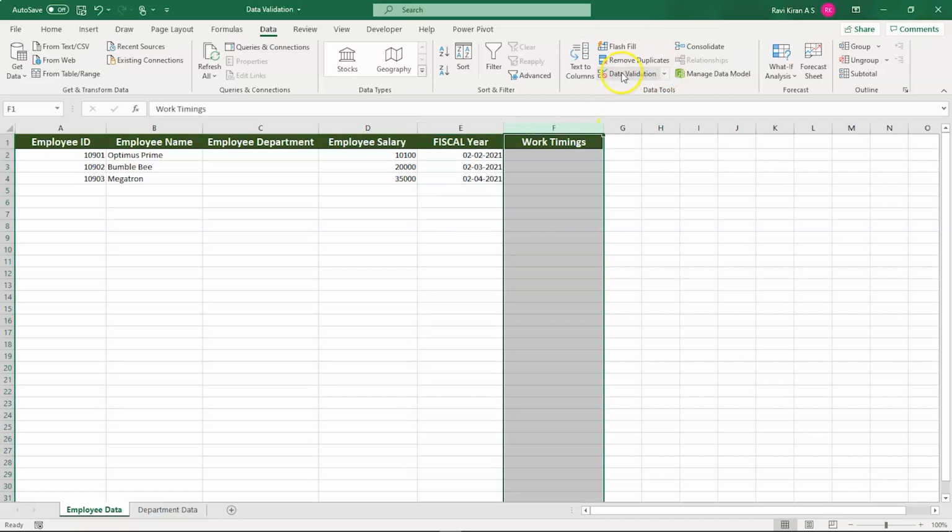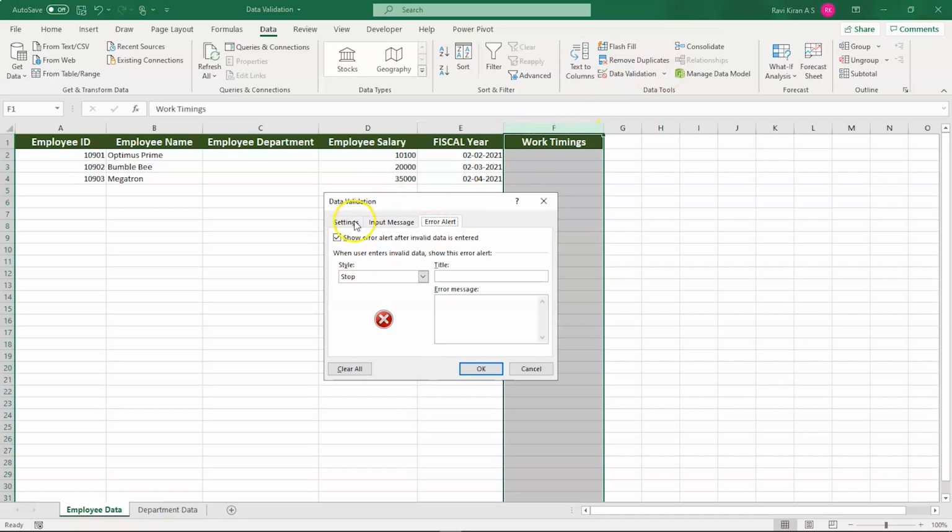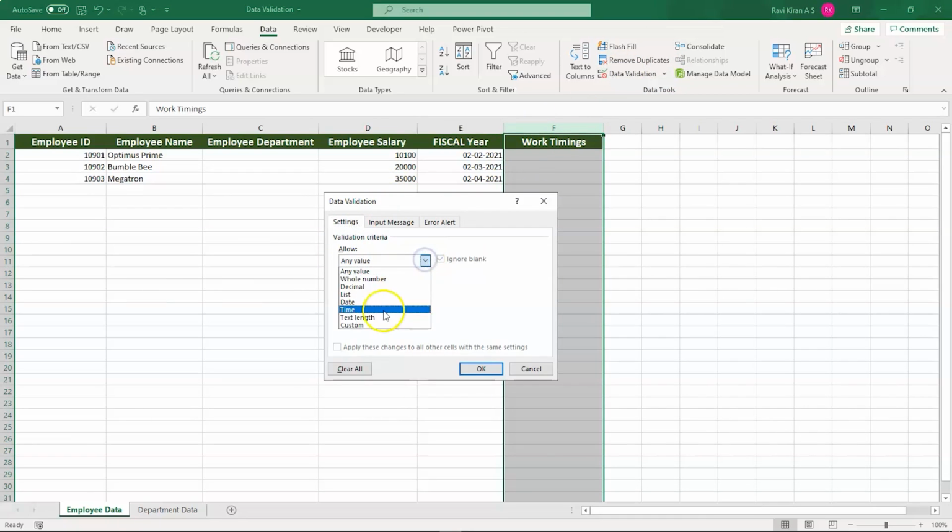Now coming into the next type of data validation, that is time. So we have time here. Let us imagine that you are providing some work timings to your employees. That should be from 9 a.m. to 5 p.m. Not more than that. So you want to keep your work life balance for all your employees. So you just want them to work between 9 to 5, and that should be fine. And anything apart from that time should be invalid. So you can do that by selecting time option between.